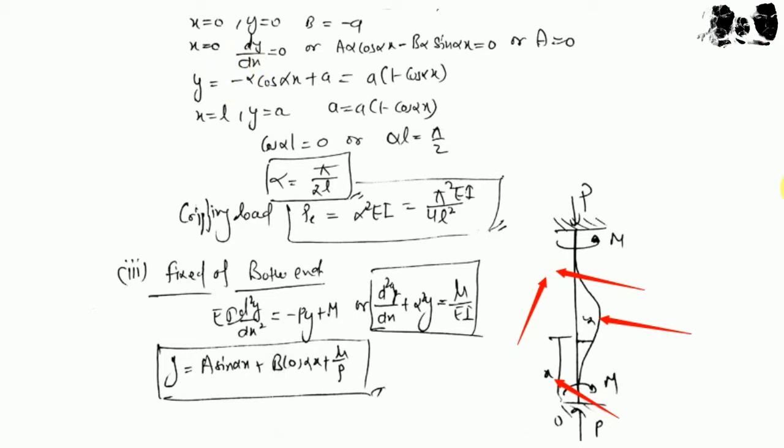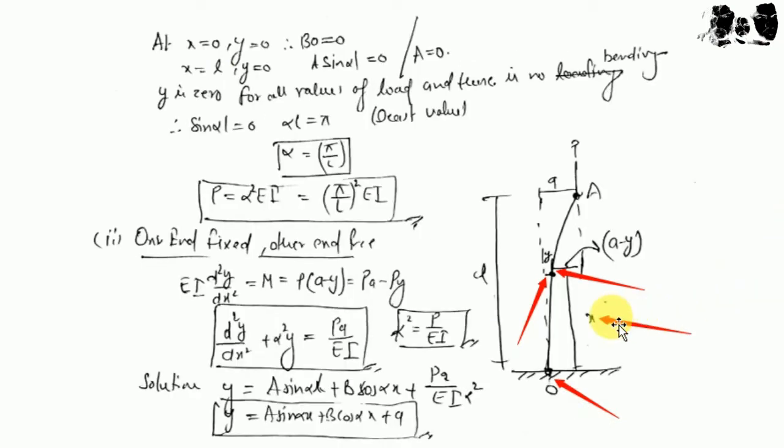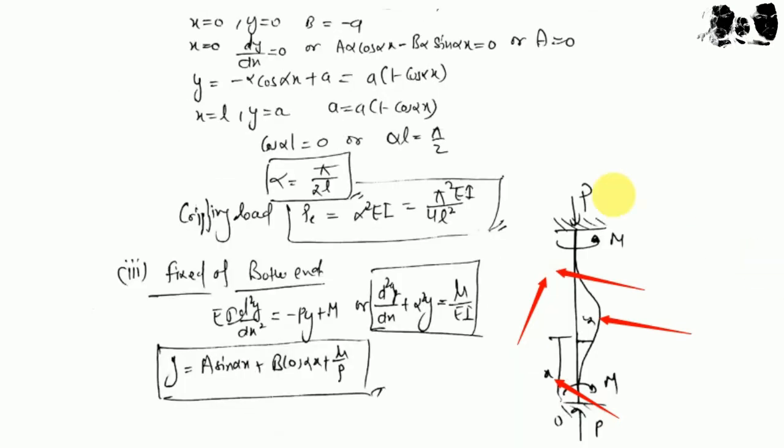dy upon dx is the value of slope. That means if we put x equal to 0, the slope is 0 at the fixed support. Then what do we have to do? We have to differentiate the equation of y, and by differentiating we have the equation